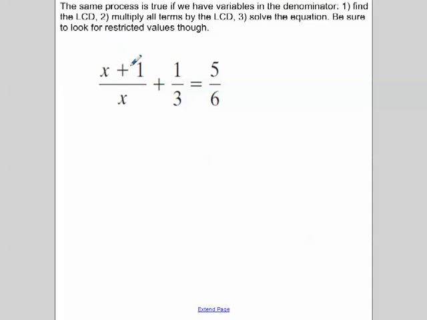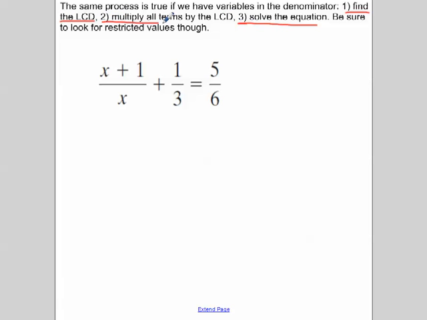So here's our fractional equation. Here we've got some variables. In our previous example, we just had numbers in the denominators of our equation. Here we've got variables also, but essentially it's the same thing. We've got to find the lowest common denominator, multiply all terms by the lowest common denominator, and solve the equation. If you're looking for something to add to your cheat sheet or your study guide, right here,